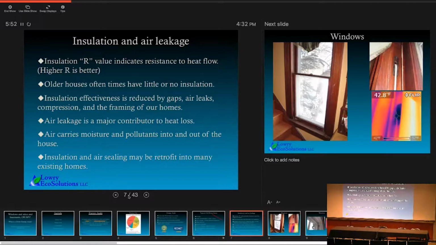Older houses oftentimes have little or no insulation. That's definitely true. Insulation effectiveness is reduced by how it's installed. If it's compressed or it's missing in certain areas or there are air leaks, that doesn't work too well in terms of the insulation. Like I said, air leakage is a major contributor to heat loss, and air carries moisture and pollutants into and out of our house. So if we have a leaky house, we're also getting outdoor pollutants in our house, pollen and